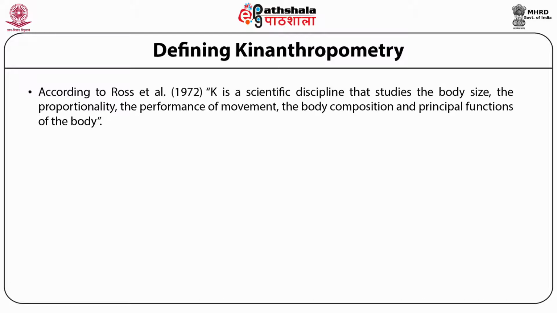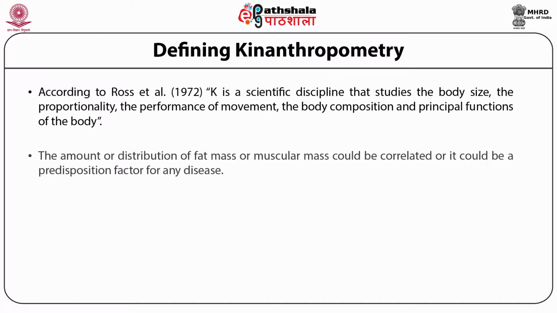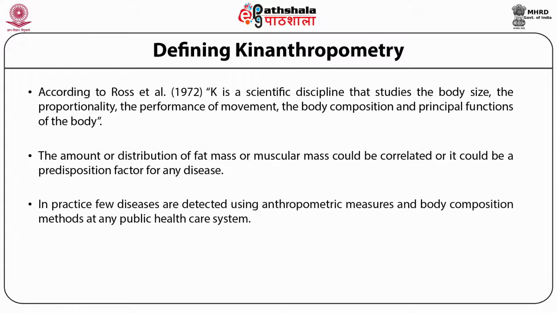This well-cited definition is not exact, as it is described as the kinanthropometric method that gives information about principal functions of the body, which should also be known. The amount or distribution of fat mass or muscular mass could be correlated, or it could be a predisposition factor for any disease. The morphophysiological mechanisms concerned in classification are a big puzzle today. In fact, in practice, few diseases are detected using anthropometric measures and body composition methods in any public health care system. Though body composition outcomes for envisaging health status, owing to their relationship with many physiological variables, are valid,